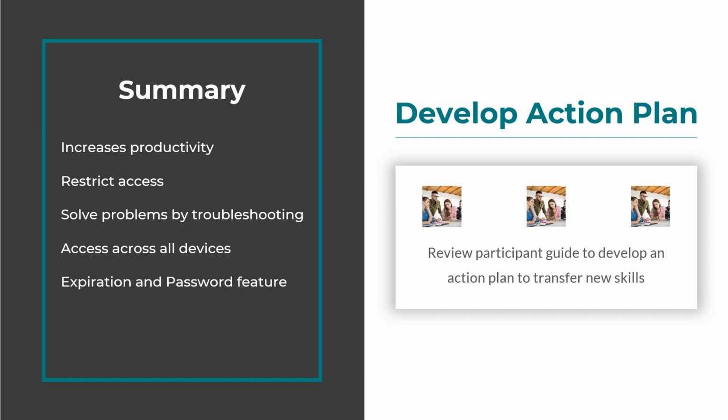Benefits include having access across all devices. This comes in handy when team members are not in the office, for instance, they're running a business errand and they're not able to be at the office physically, but they can confirm file information. Although information should not be viewed using a public Wi-Fi because this can cause several security issues, in order to have extra security, remember that there is an expiration and password feature you can implement into files.